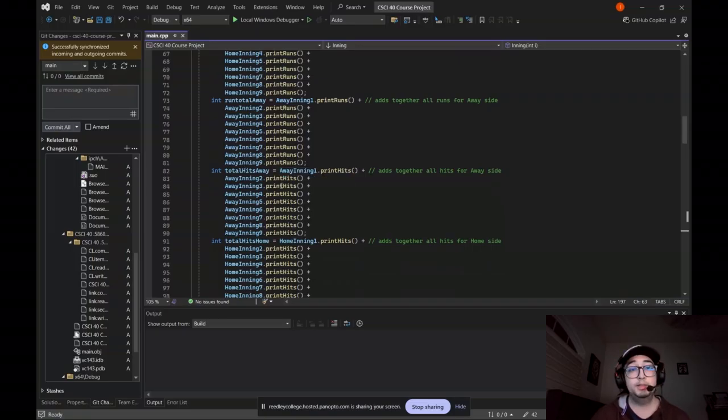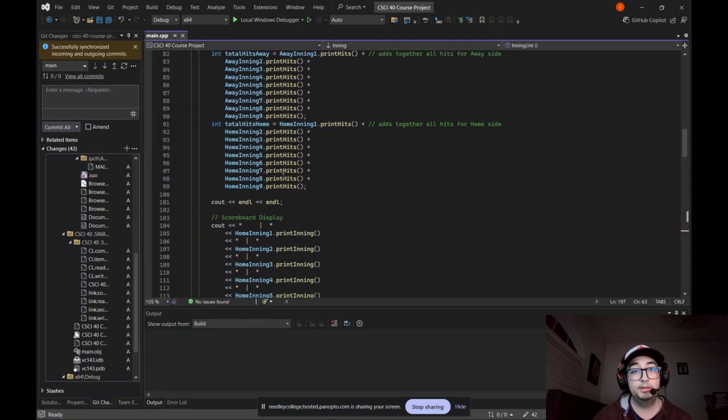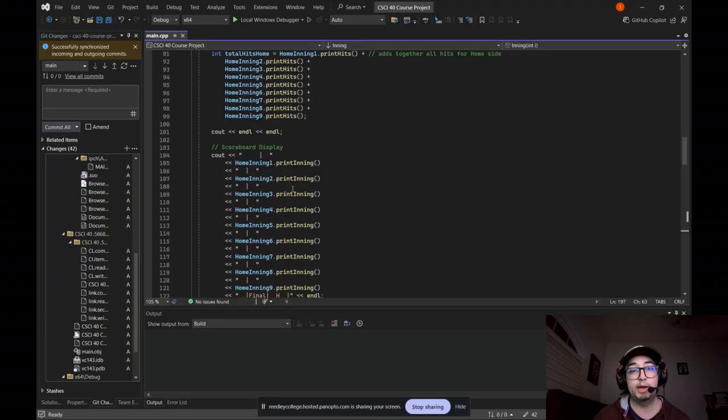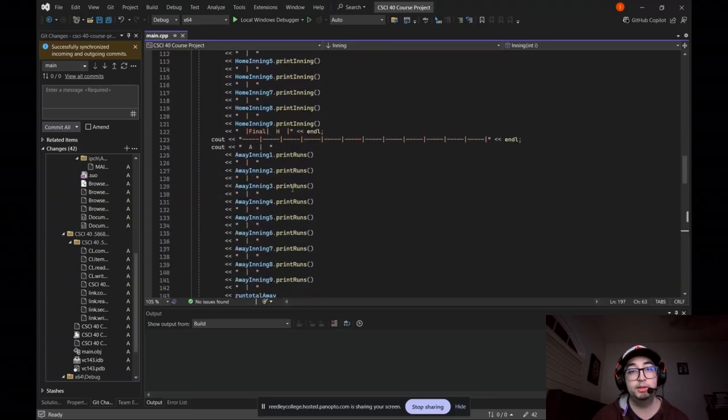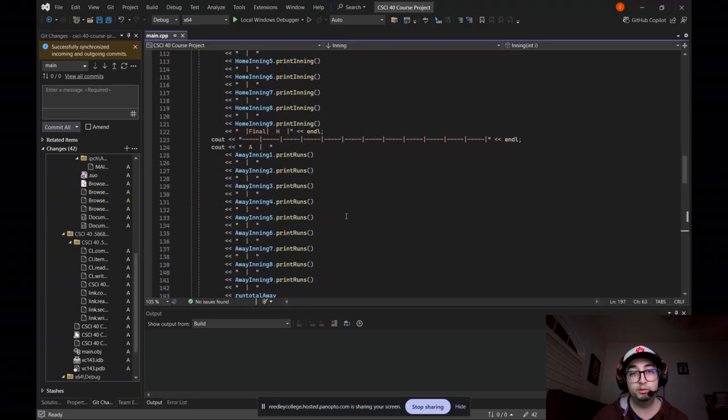And same thing for hits. It's going to total all the hits from each inning for the away team, and it's going to total all the hits for the home team for each inning. Add those all together, and then here is where it's all going to be displayed into an actual scoreboard that obviously doesn't look very pretty here, but trust me, once it runs and